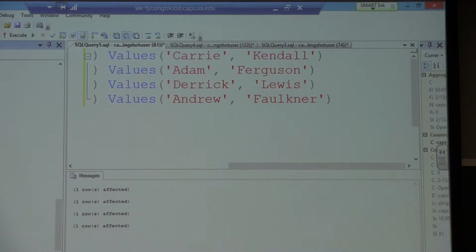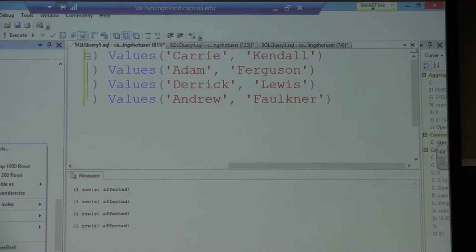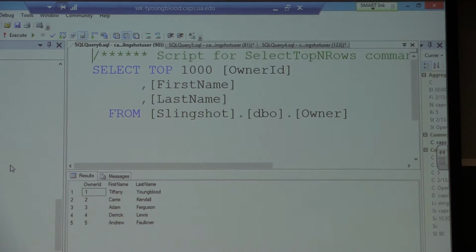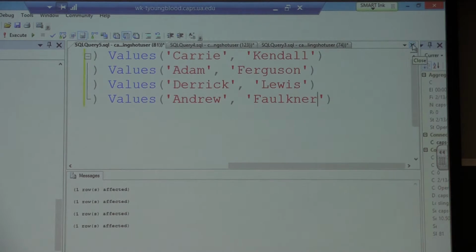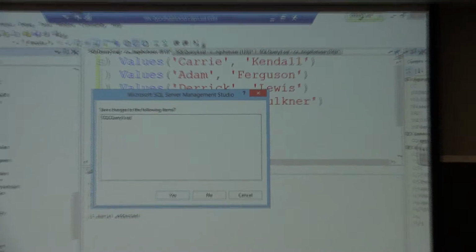So we can go over here, and I don't want to edit my top rows, but you can see them regardless. You can also select them. Now, if I want to go back,